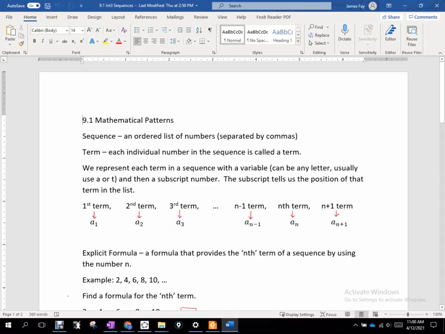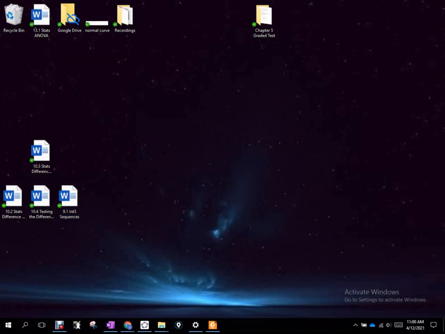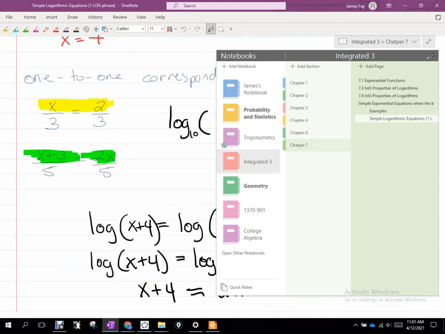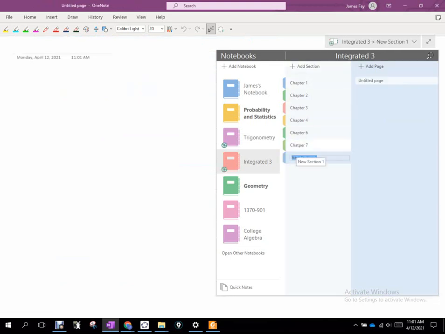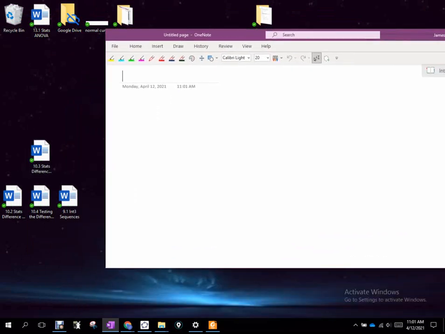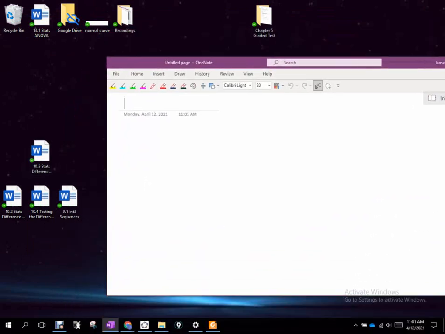All right, folks, right now what we're going to start covering is a concept that deals with patterns, which is, obviously, algebra in itself is recognizing, interpreting, and identifying patterns, but this is going to be a series of special patterns. We're going to basically look at sequences.